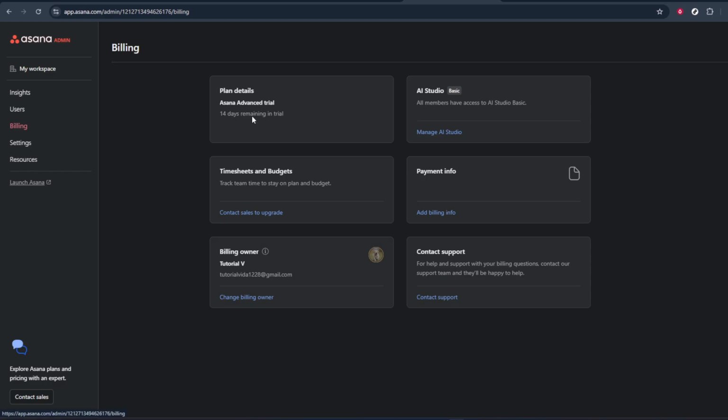Follow the prompts that appear when you choose to cancel. Asana may ask for a reason for cancellation or show you what features you'll lose if you move to a free plan. Read through those details so you know exactly